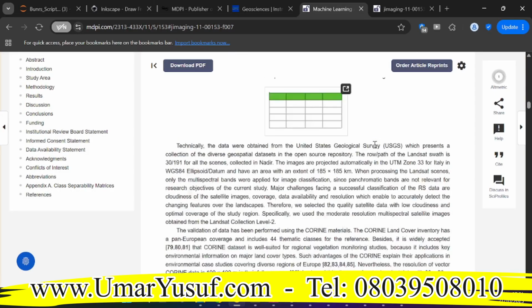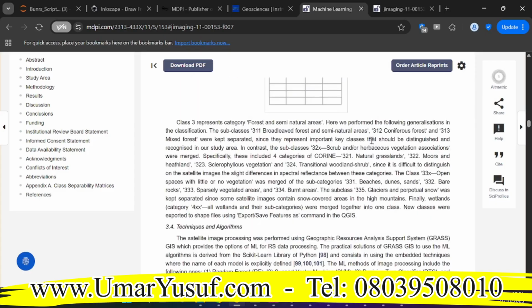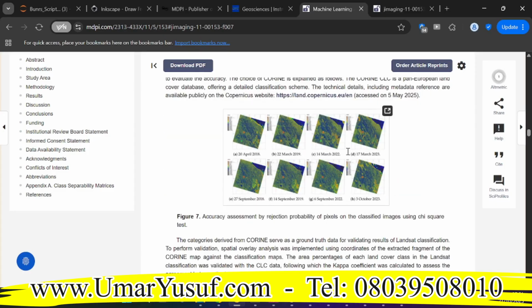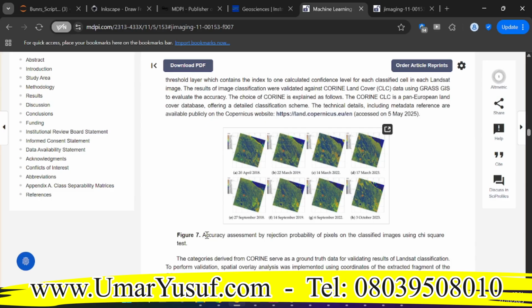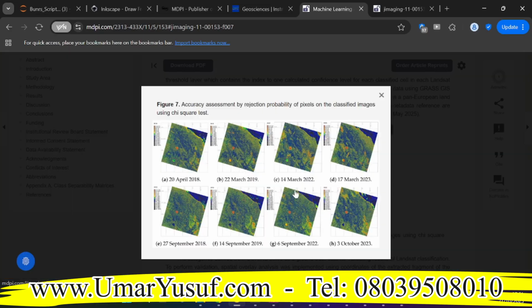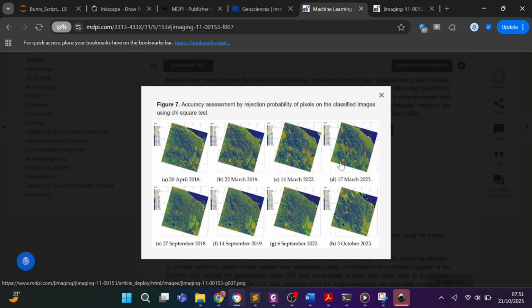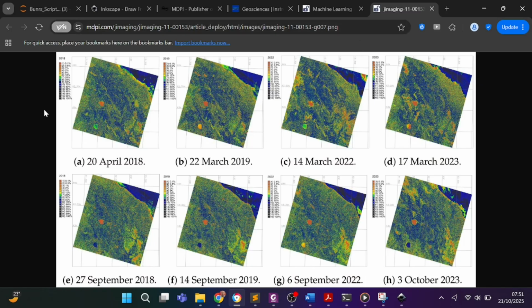So if you look at this figure 7, this is a result of a remotely sensed image analysis. If I click on it to open it up, you can see that it has a legend or a key, but the keys are not well spaced out for whatever reason. If I enlarge, open it in a new tab to make it bigger, you see that these are the legends or the keys that define the classification on these